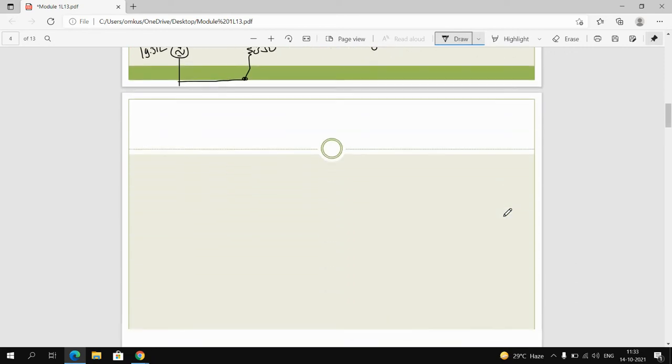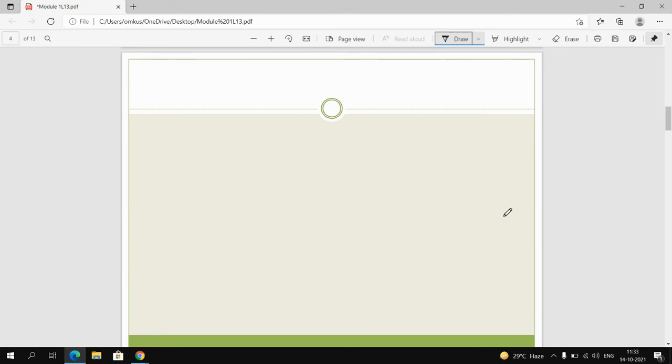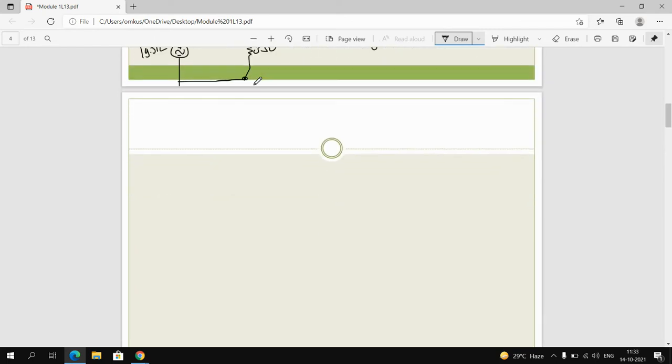Now, superposition is over. Thevenin's we have already seen. Now the third is, sorry, Norton's. Now we see Norton's theorem, right? What happens in Norton's theorem? See, ZTH is the same, which we calculated in Thevenin's theorem. ZTH is equal to ZN, which is equal to 2 plus J2 ohm, right? And second, we need to calculate IN, right? How to calculate IN?